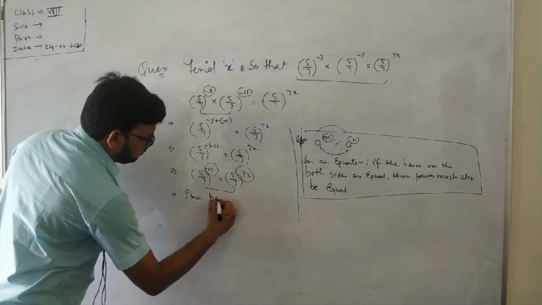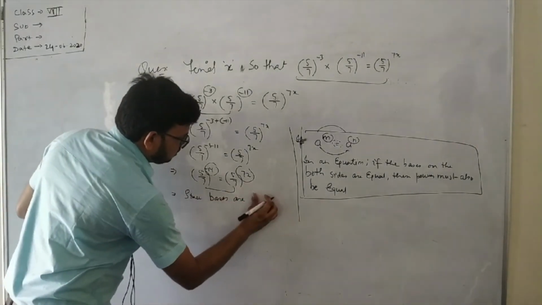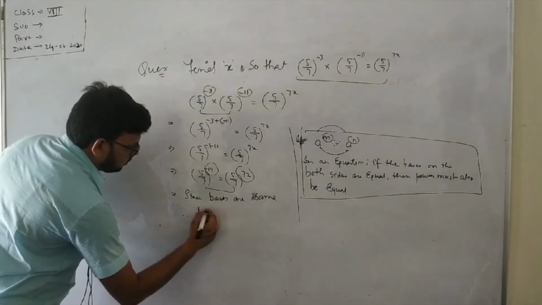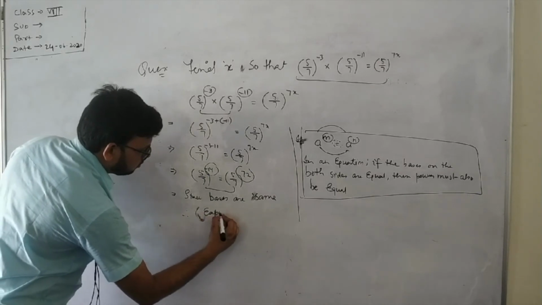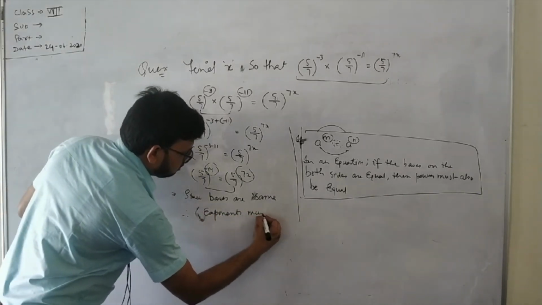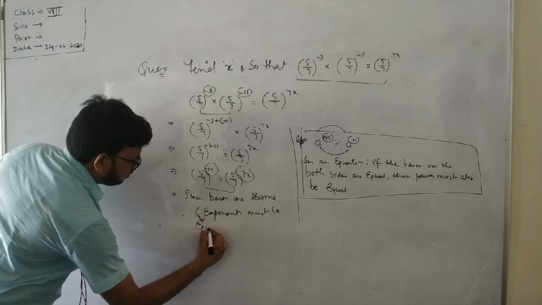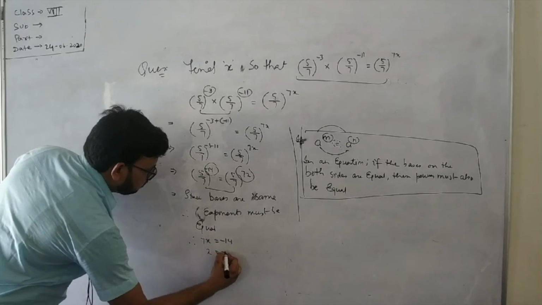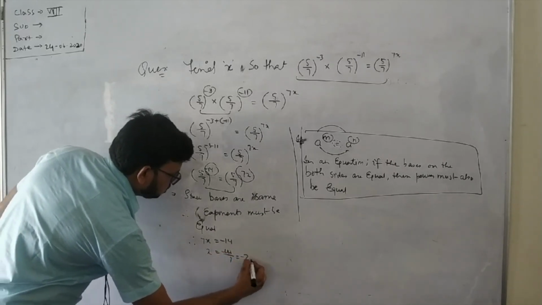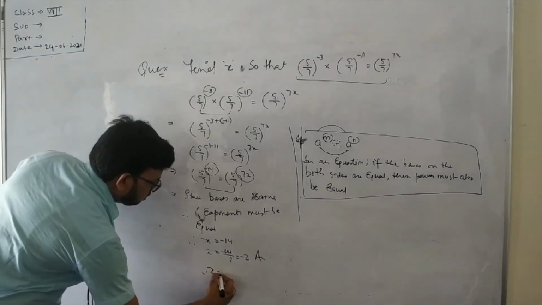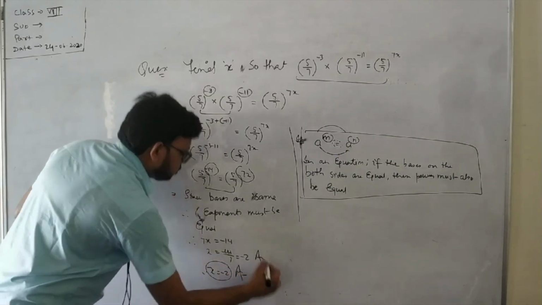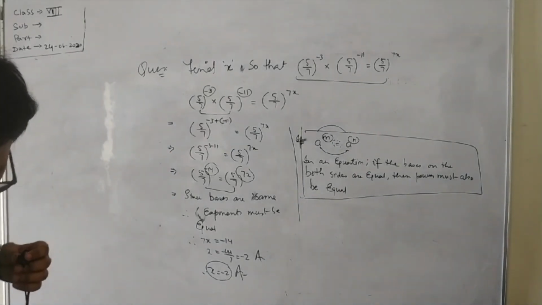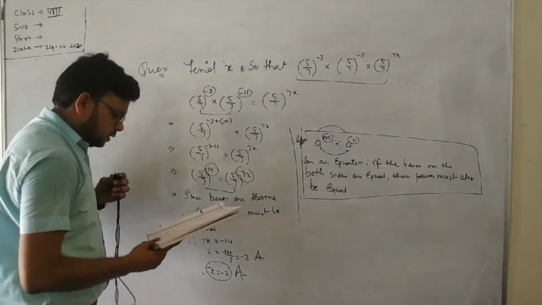since bases are same, so therefore exponent must be equal, therefore 7x is equal to -14, x equals to -14/7 which is -2, therefore x equals to -2 is the required value of x। okay,